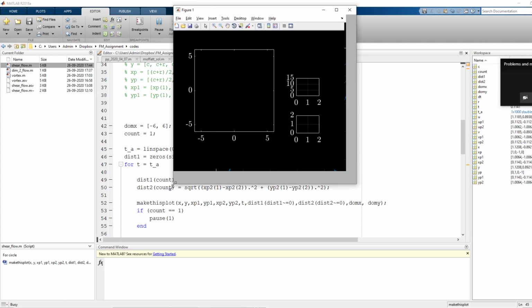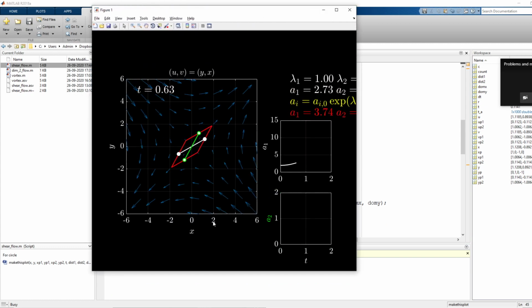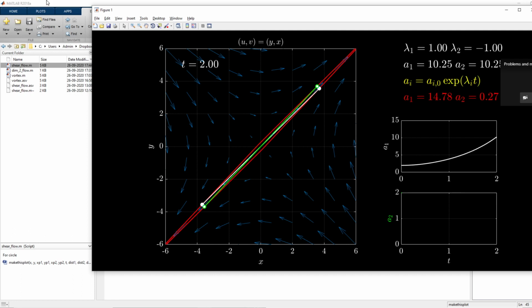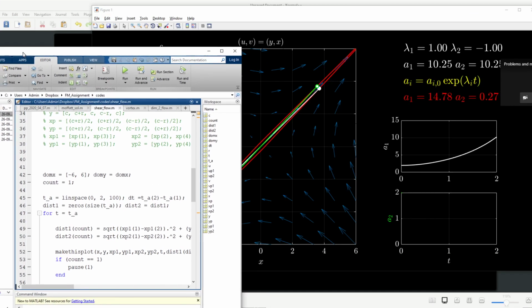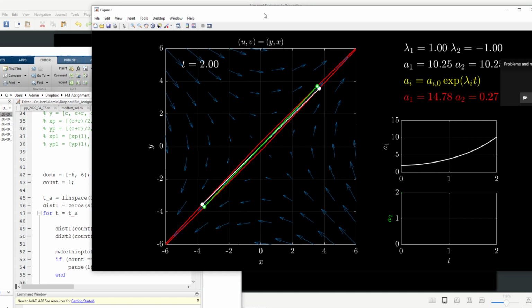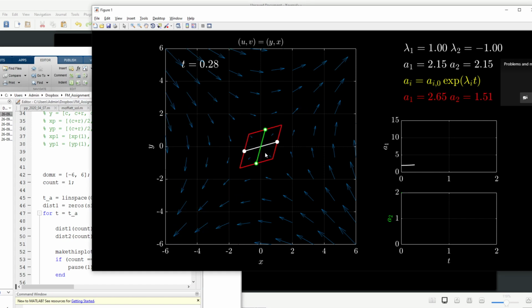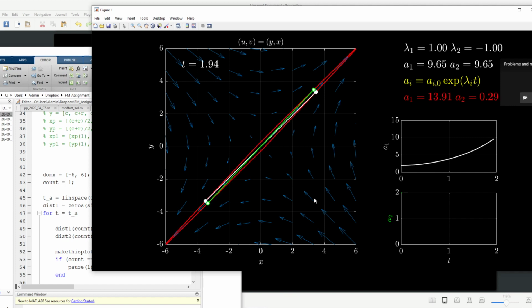Sir, the elevation with the x-axis must be opposite to the elevation in the y direction. Yeah. One moment. So this square element is deforming like this in the flow. Is it clear?